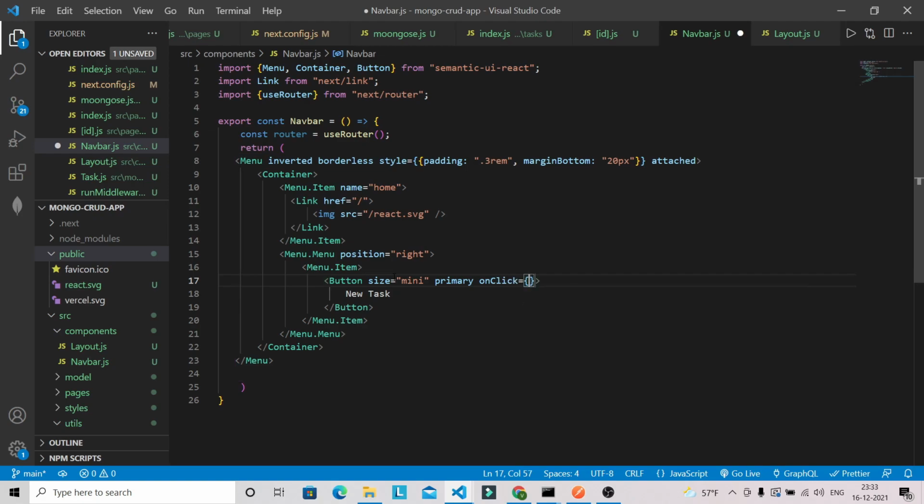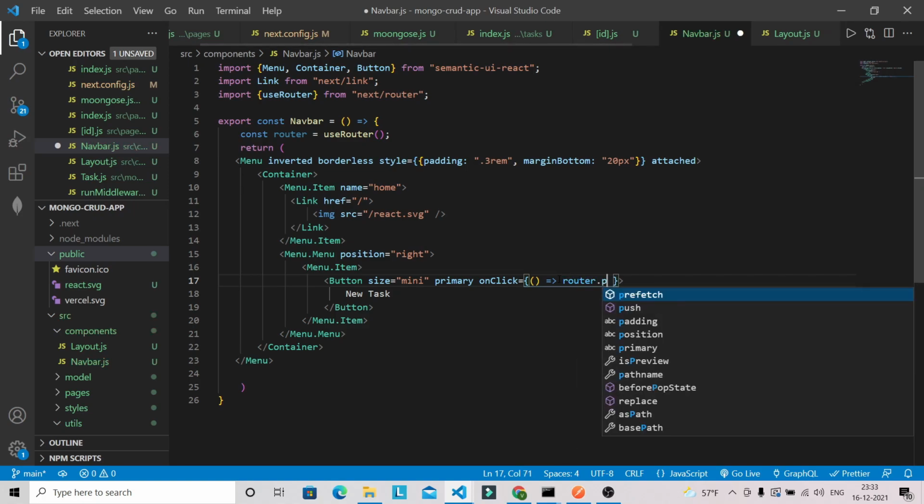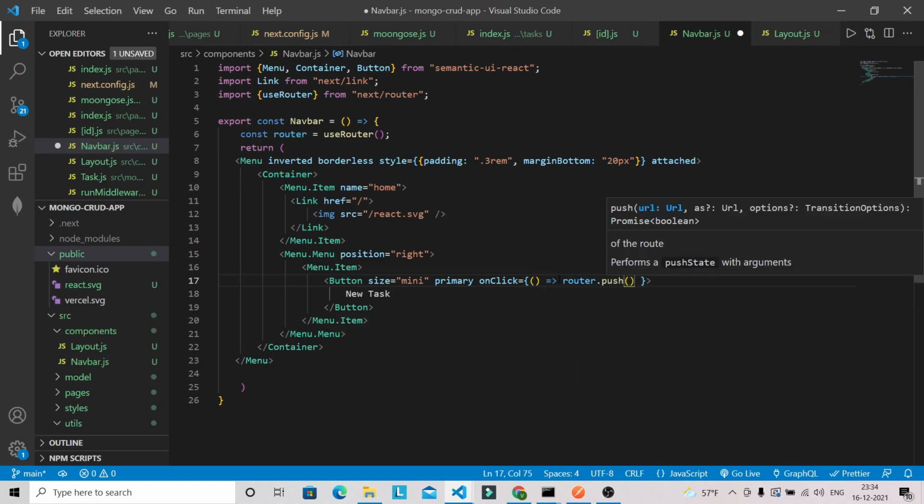On click we can specify the method, so it will basically navigate towards a different page. So router.push, so it will navigate towards /tasks/new. We haven't created this route in our pages folder.